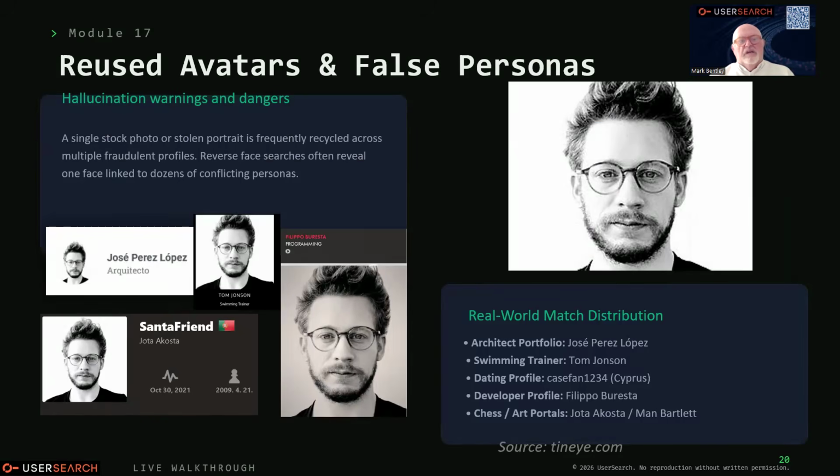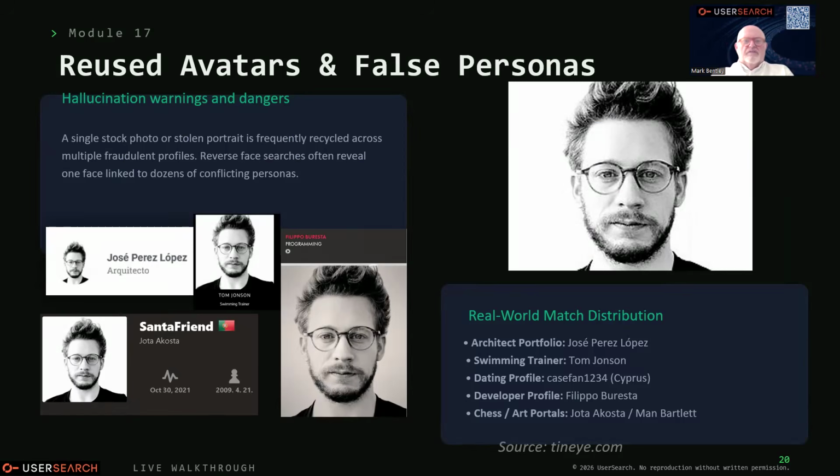So this is the picture that I was showing you. You've got to find something like user search that will do the heavy lifting and analysis, because there's 138 different personas for this picture. He's actually a well-respected artist from New York.